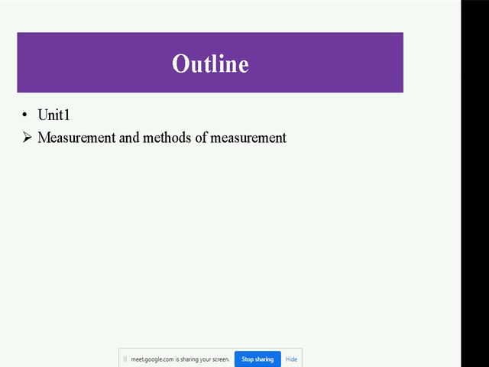So what do you mean by measurement and why do you need measurement? Actually, measurement is required to find the value or the units of some physical quantity with respect to some standard quantity. Suppose we want to measure the total length of a distance, then we will use a measuring tape to measure the distance. So measurement is done with the help of some standard or predefined quantity.